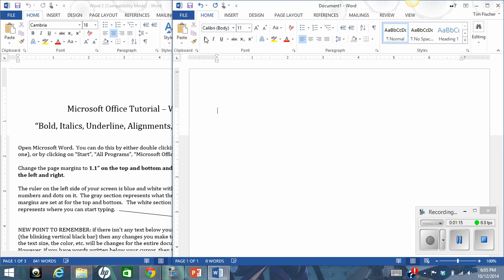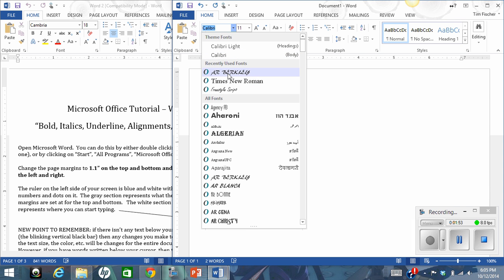Now, in just a minute, we're going to be going through bold, italicize, underline, and a little bit with changing fonts. When it comes to this, you need to understand that if I have a blank document like this and I start to change things like bold or the font, it's going to apply to the entire document because nothing has happened on that document. However, if I've typed a simple phrase like this, but now I've pressed enter and I've gone back and now I start making changes,